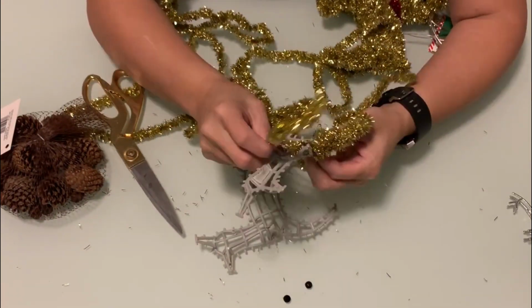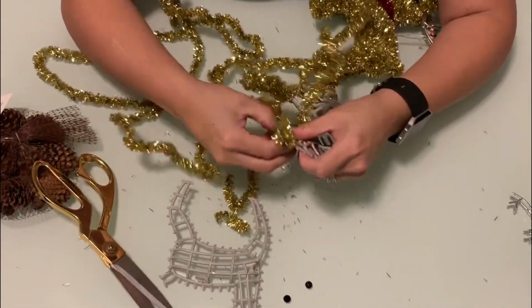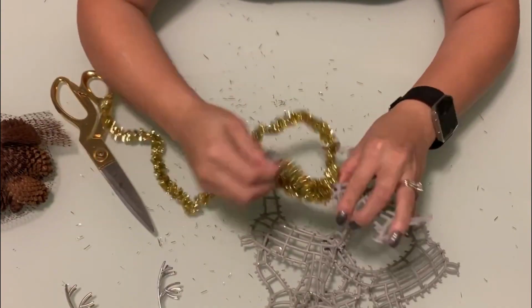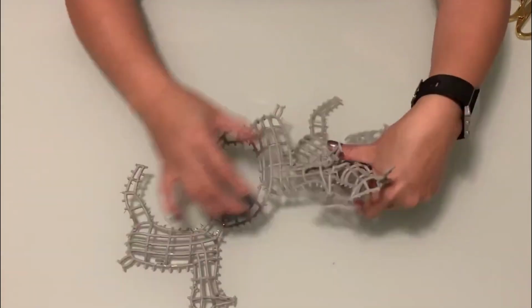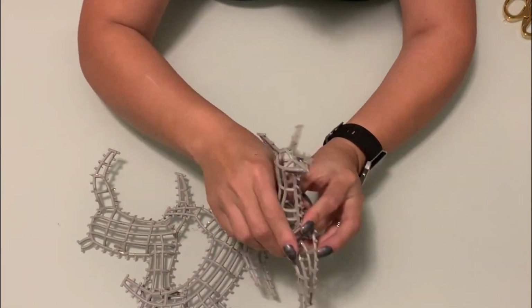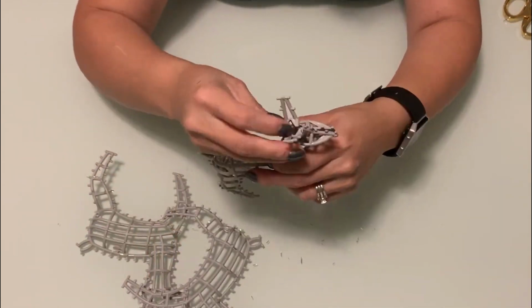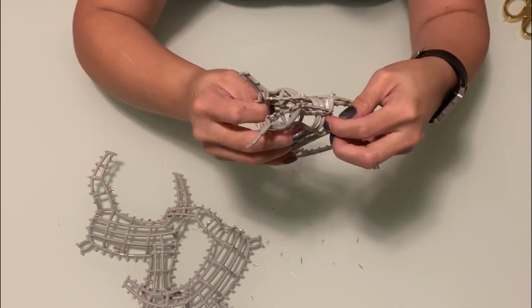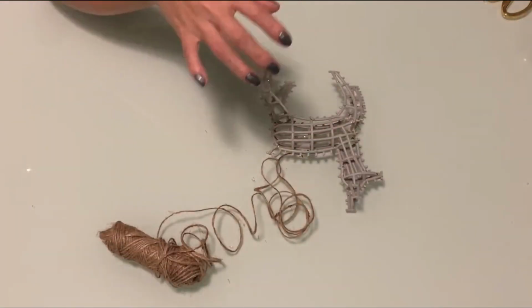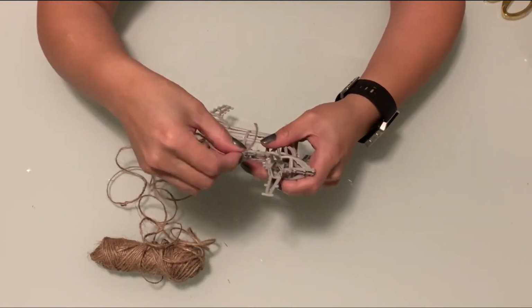Shortly after you're almost done, it does come apart in 2 pieces, but don't worry, it literally clips right back together. We still want to get it to the bare core so that we can proceed to the following steps. Once we are done taking it apart, we're going to just clip our little reindeers back together. Once we have done both of our little guys and put them back together,